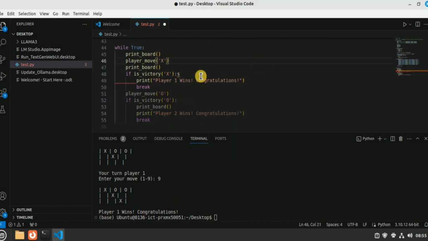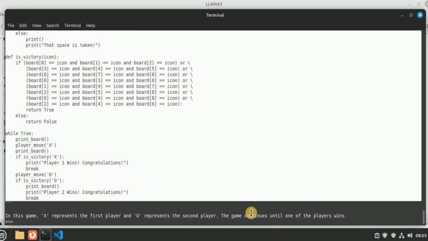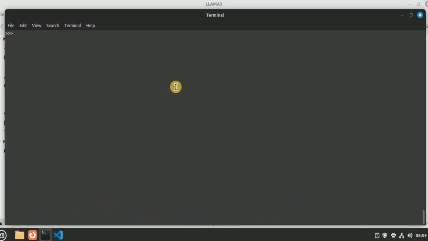So you can see that in just a matter of a single second, it created the entire code for the tic-tac-toe game, which was absolutely correct. And in addition to just being correct, it was also error-free and ran without any errors. So up till now, it is absolutely correctly satisfying all the benchmarking questions. Now let's see if it is able to convert the code from one language to another.